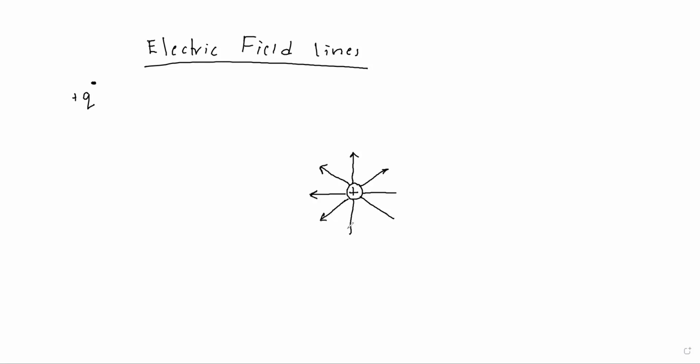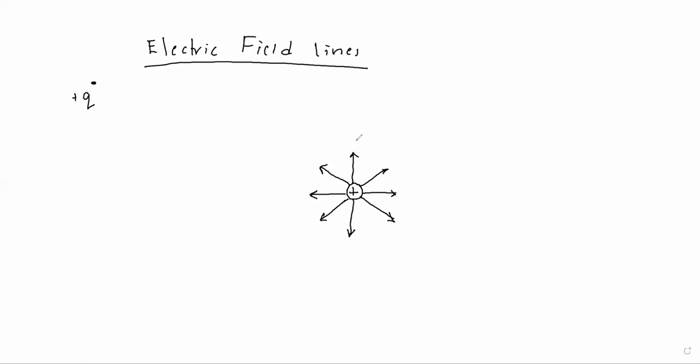This is the first stage of the diagram for the electric field if we consider a positive charge. As you go away from the charge Q, the magnitude of the electric field goes on decreasing. This length is directly proportional to the magnitude of the electric field. But as we go far from this electric charge, the magnitude goes on decreasing. See, this was the initial length, because the field was strong.